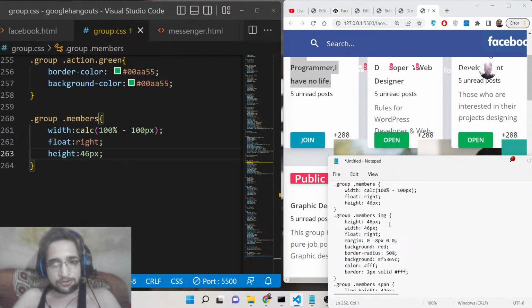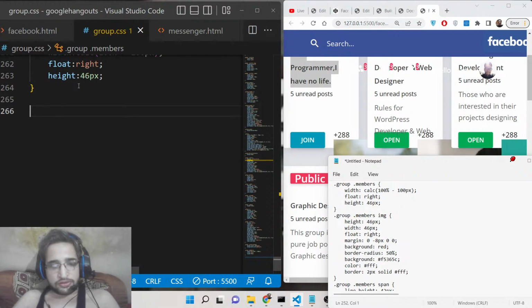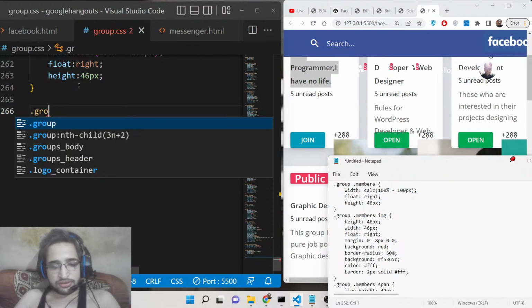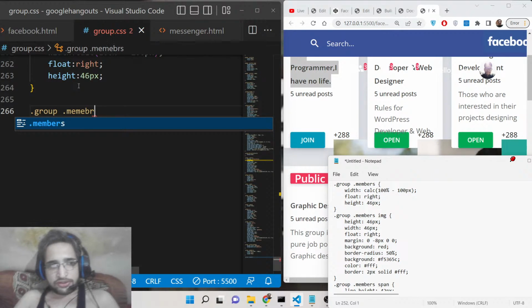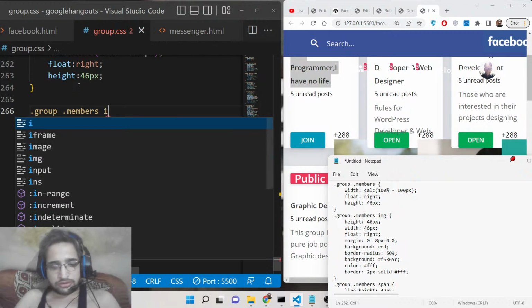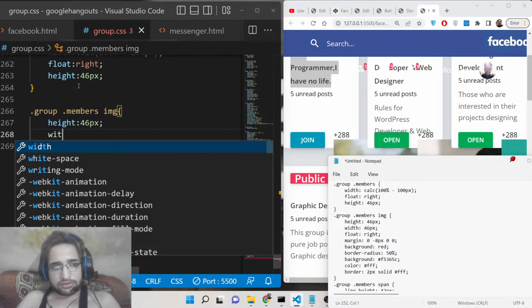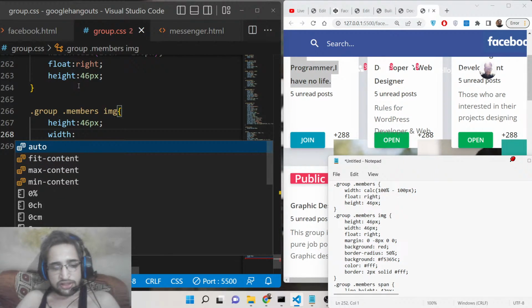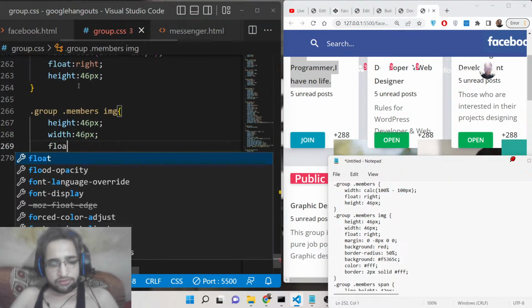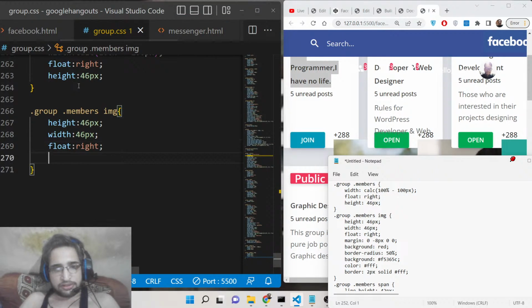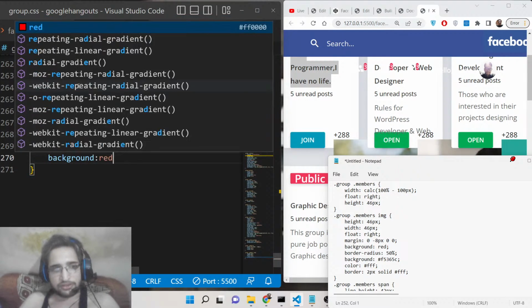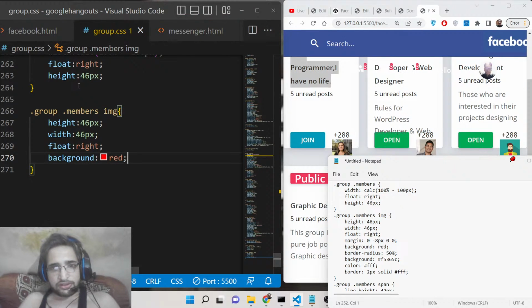So we will try to style this image, which is group members image. Image height is 46 pixel and width is also 46, and we need to float it in the right direction, and background it will be red as you see. So now you can see background, you can see it is red,